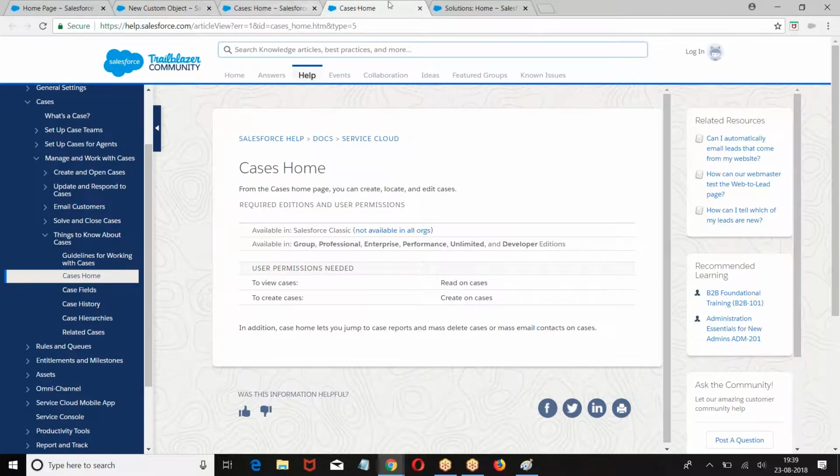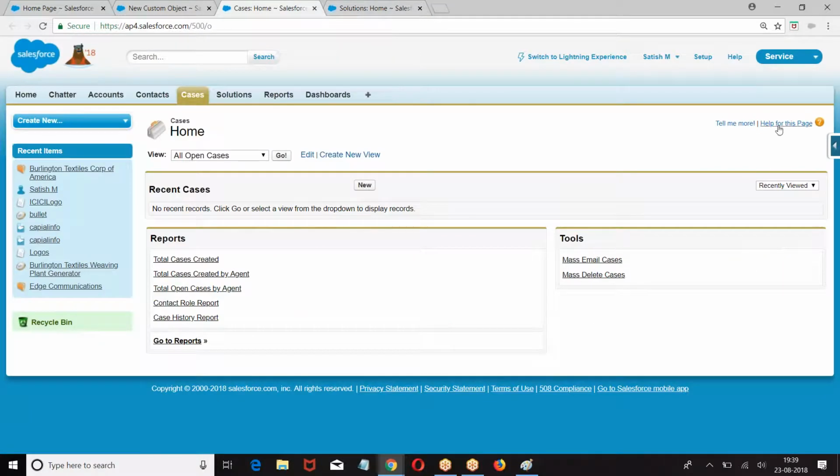So every object will have a link called help for this page. When you click on that link, the help document will open. Are you getting my point?